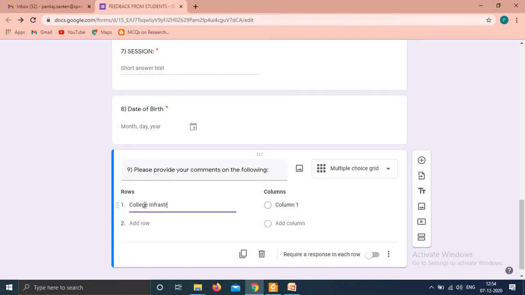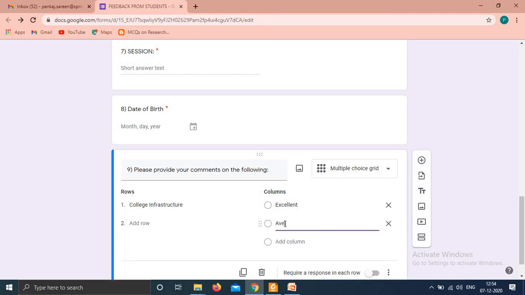So it will be like a grid, and 4 columns are there. Excellent, good, average, fine, and fair.